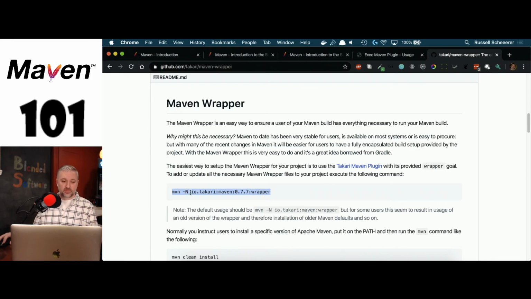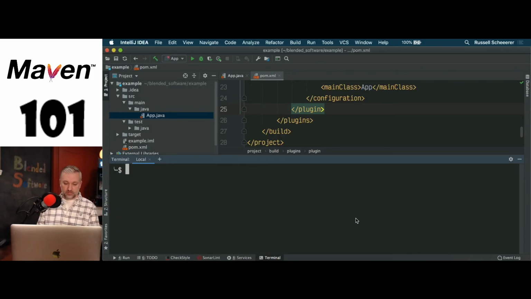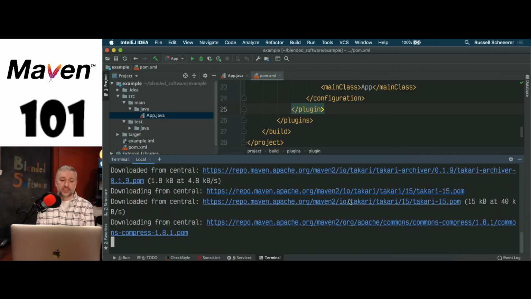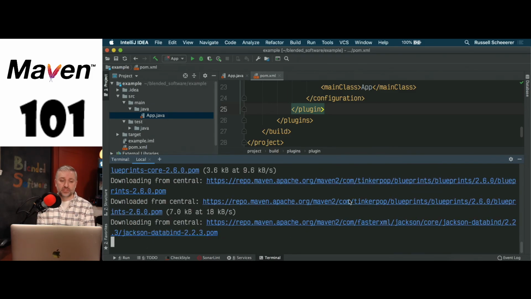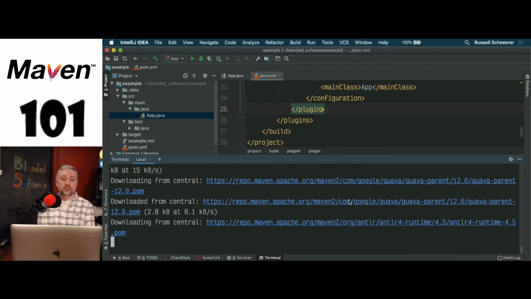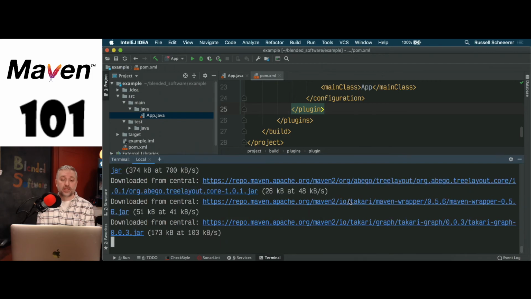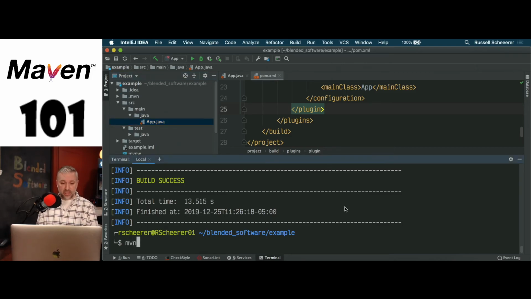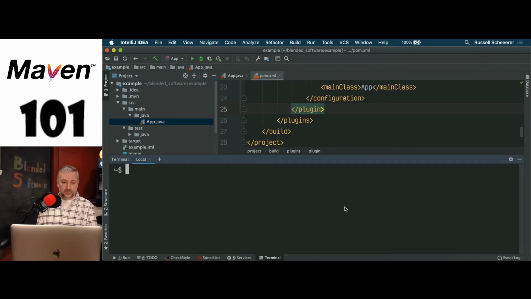Well, all we have to do is copy and paste this command. And I won't get into the specifics of what this is doing. But all we need to do is run that at the root of our project. And what it's going to do is download and set up a couple directories and a couple shell scripts into our project that we would want to share in our source control and share with other team members, because what this allows after this is done is now, and this works for Windows and Linux,